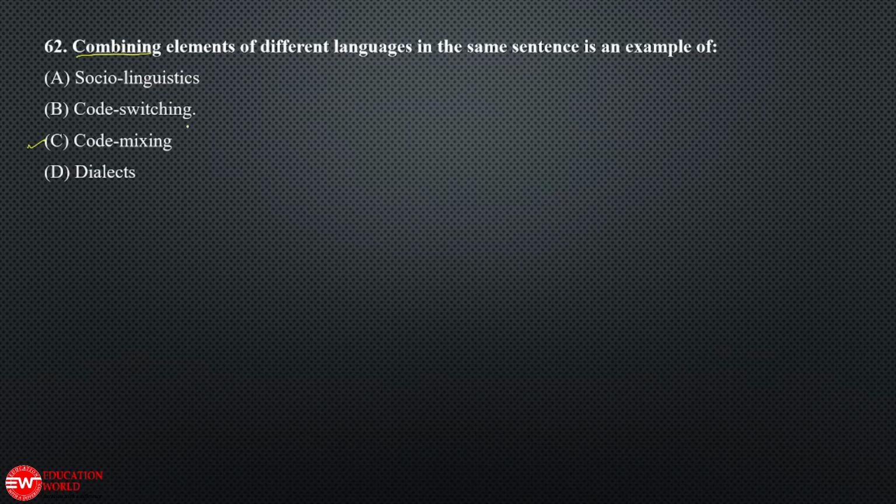Now see, for example, here is a sentence. It is normally said, rectification is not good. Now see here we have the word rectification. So there is no word rectification in any dictionary, but we are using it. We are mixing the two words, one from Hindi and one from English. So this type of mixing is called code mixing.